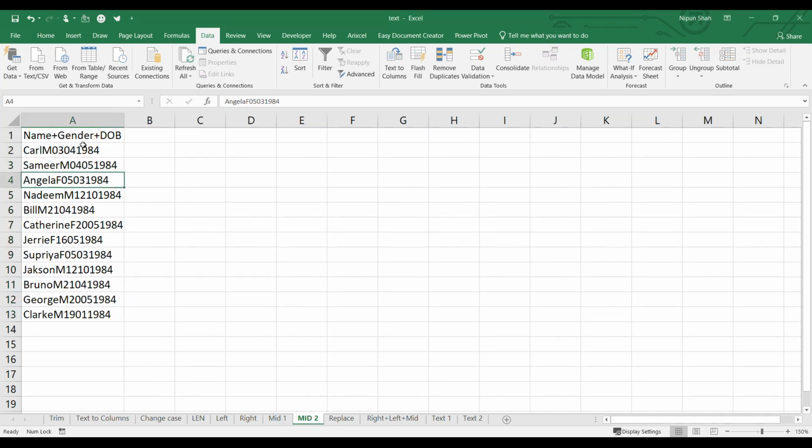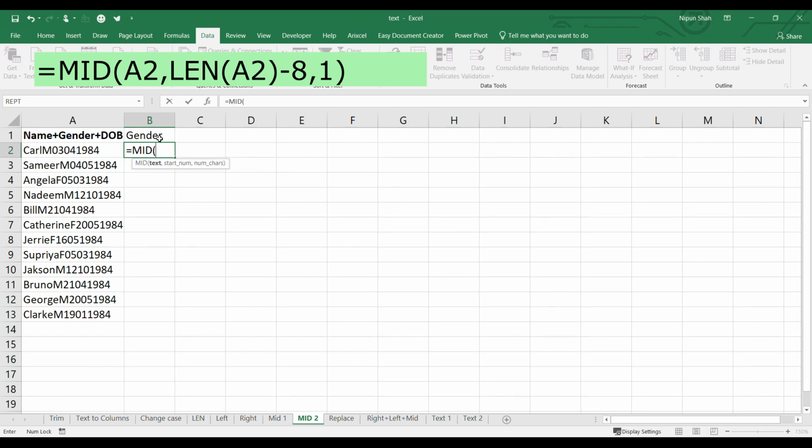Now guys, just see, if I want to pull the gender from this data, I cannot use the mid function directly because the character of gender is at different position in every text string. So here to pull the gender, I can use the mid function with the length function. So let me show it to you. Equal to mid.